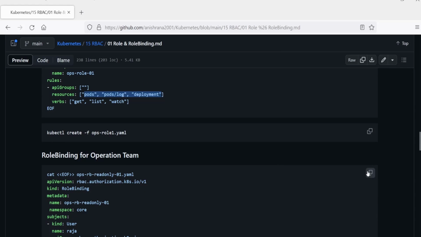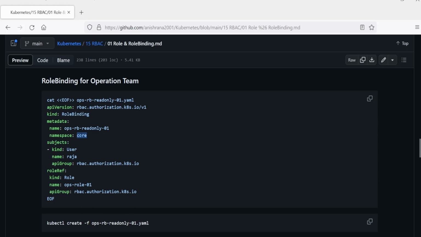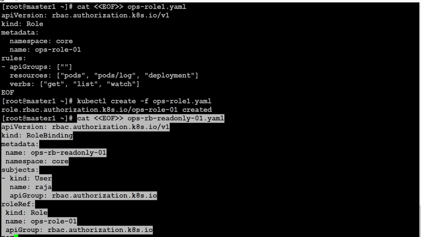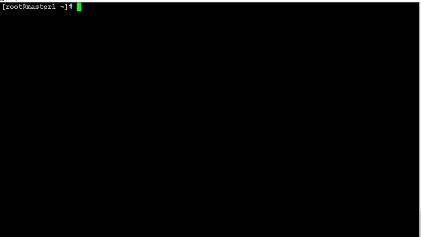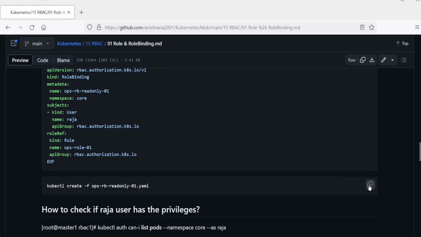I created this one, and now the role binding is again created inside this core namespace and will assign this role to the Raja user. What role are we going to use? Bind this one. Quite simple, but it is a chain that you have to take care of. If it breaks somewhere, you will not get the desired result.